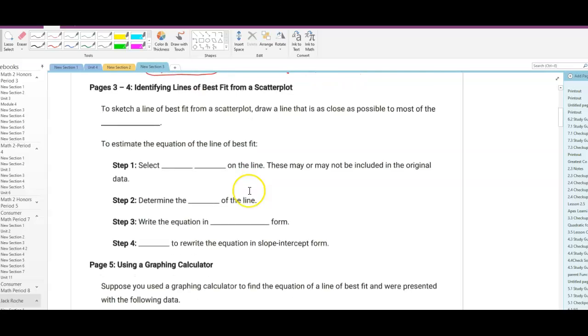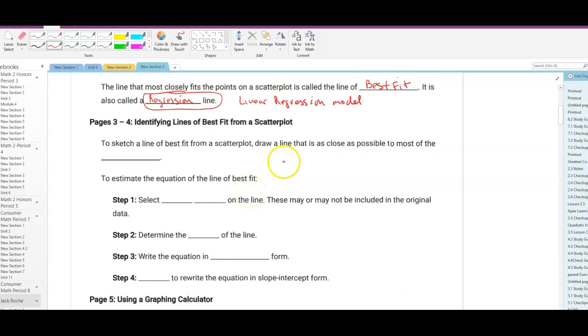Now, to sketch a line of best fit from a scatter plot, we draw a line that is as close as possible to most of the data points. Okay. And this is important. So if we have a bunch of data here and we want to draw that line of best fit, I'm trying to come as close to each of those points as I can. Now to do this, the first thing we do is we select 2 points